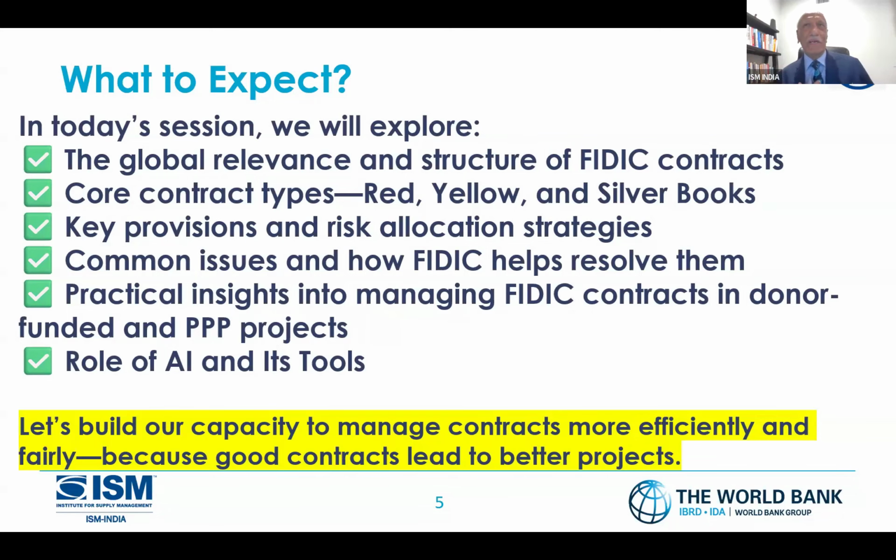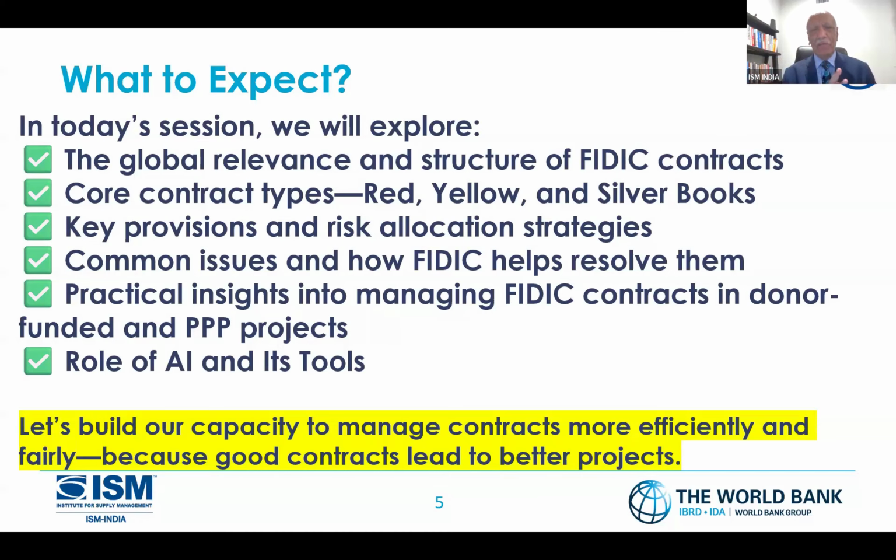I remember the contract we had of about $2 billion in Iraq. Contracts always have some disputes. How do we handle them? That's the key thing, and this is where FIDIC outbeats all other contracts. The World Bank has its own. The Asian Development Bank has its own. In the UN we also had our own. The private sector has its own. But FIDIC outbeats everyone.